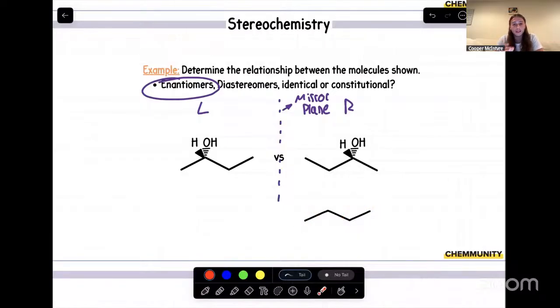But here's where things can get tricky. What happens to the wedged and dashed notation? Since we're flipping something over like a book, that means we have to flip the notation. So for example, if we're looking at the alcohol, it's facing away from us since it is in the dash notation, but after we flip it, it will now face towards us, meaning it'll be wedged. And then same with that hydrogen. It was facing towards us in this molecule up here, or sorry, that conformer or side of the molecule, it's facing towards us.